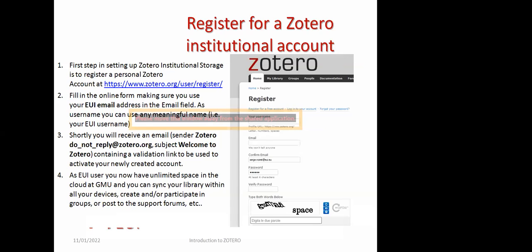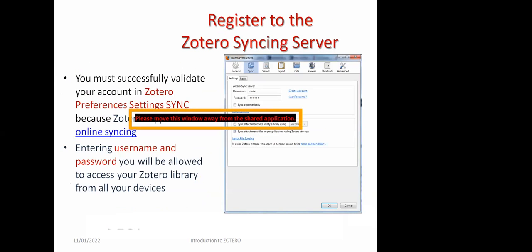You may successfully validate your account by synchronizing it with the help of the Zotero preferences synchronize setting, because Zotero is an online synchronizing tool on the cloud. So you have to give the information